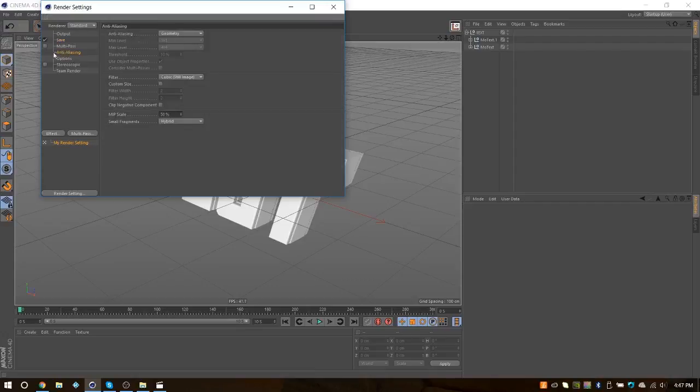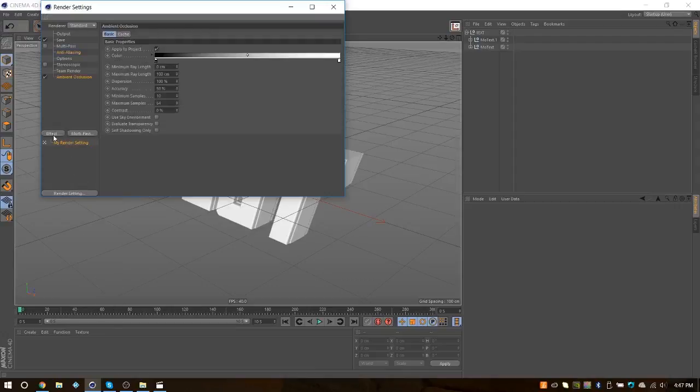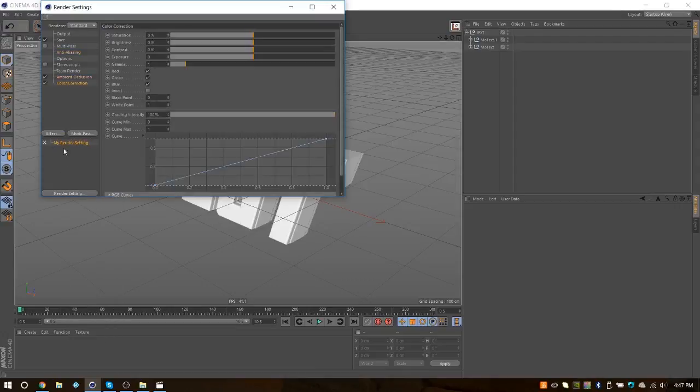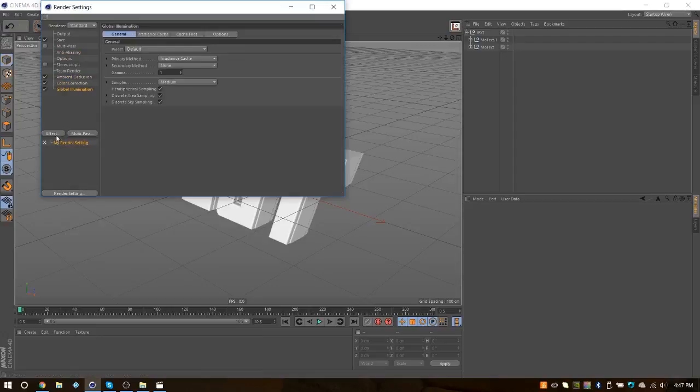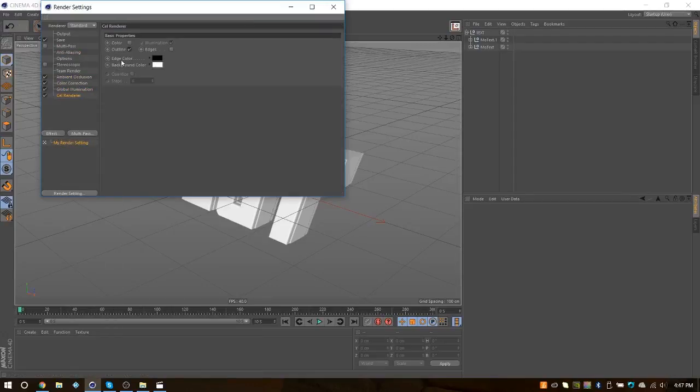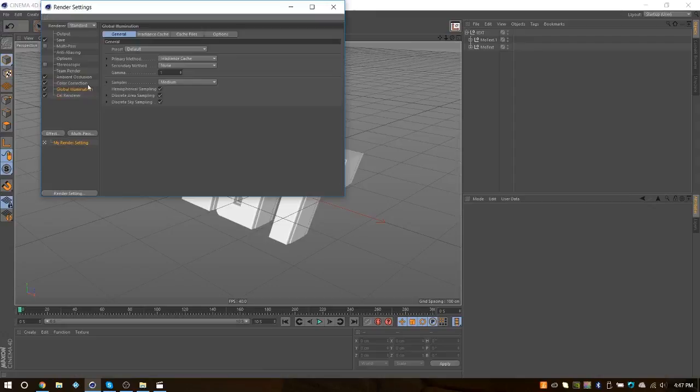Now come to anti-aliasing here, go to best, and set this to 1x1, the max level. Now come down here to Effect, grab Ambient Occlusion, Color Correction, Global Illumination, and Cel Render. With the Cel Render, you just click Color, and then you're good. Then come to Global Illumination, hit Irradiance Cache, Legacy, Low,